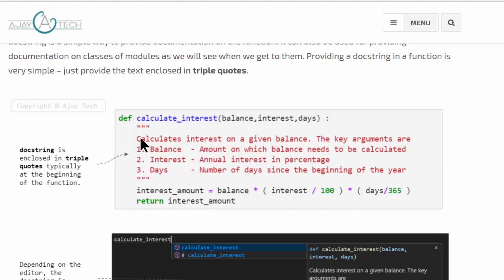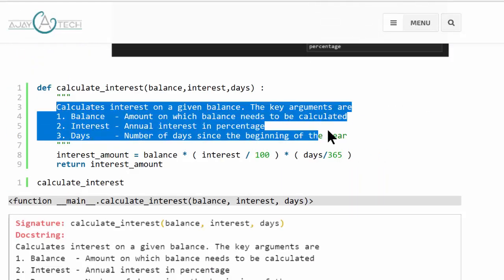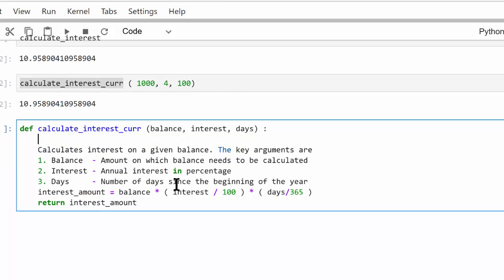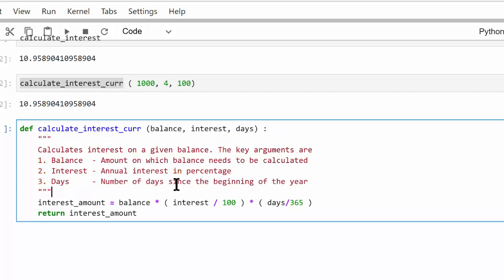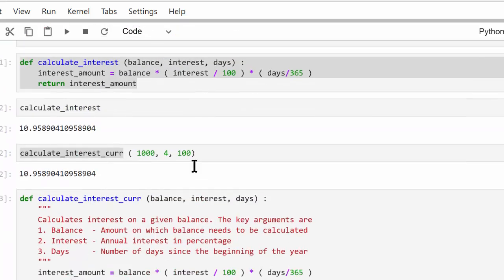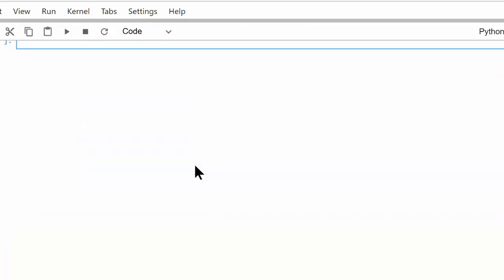Everything you provide there is available to the developer. Let me give you an example. This is what we want to have as a docstring. Just put that there and enclose it in triple quotes. Execute that. Now you know what this function does, but not how to use it or its specifics. Now it's out of your sight,